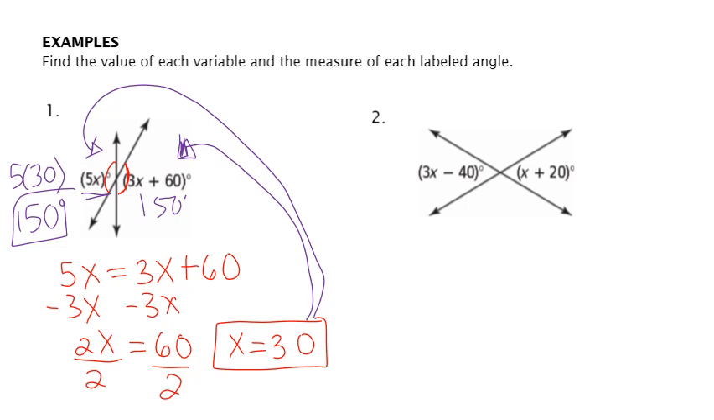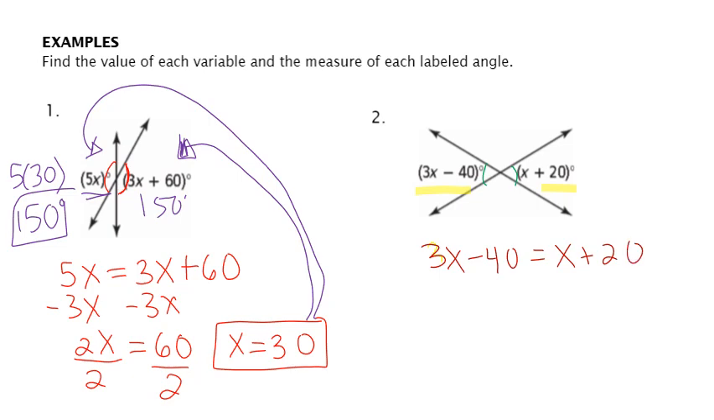For the second example, it's essentially the same type of problem. So I can assume the lines intersect. They're forming these vertical angles. Since those angles are the same, I can set their expressions equal to each other. And the reason I'm able to do that is because the angles are the same measurement. So when we go ahead and solve,